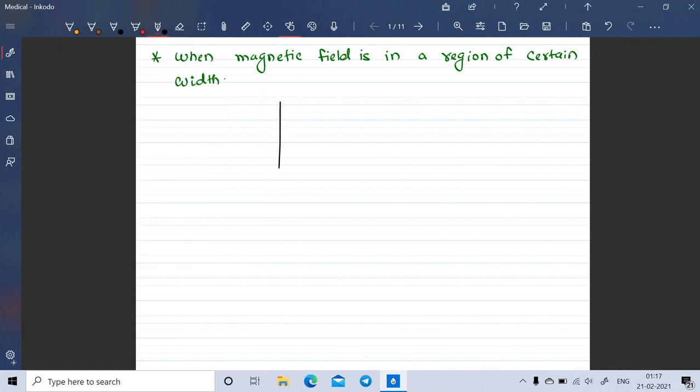Hello everyone. So today we are going to discuss a topic from the chapter of Moving Charges and Magnetism. When magnetic field is in a region of certain width, now suppose we have this kind of a situation